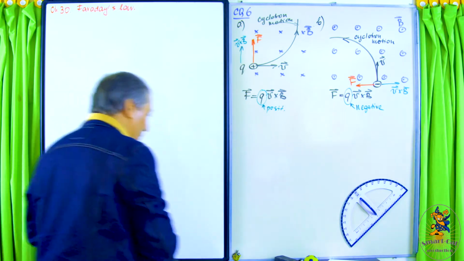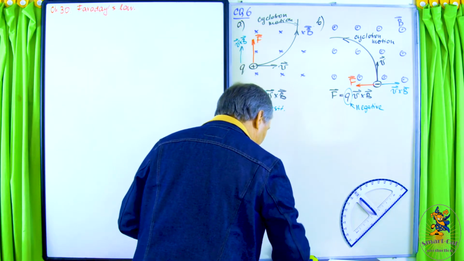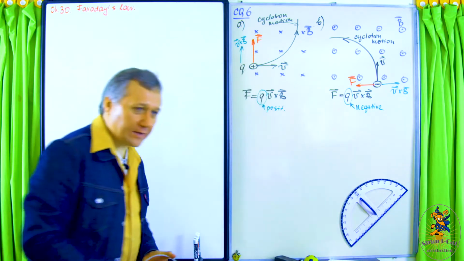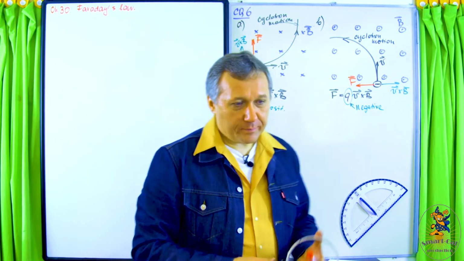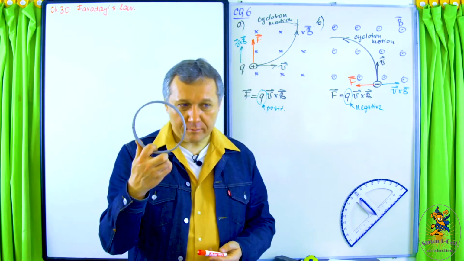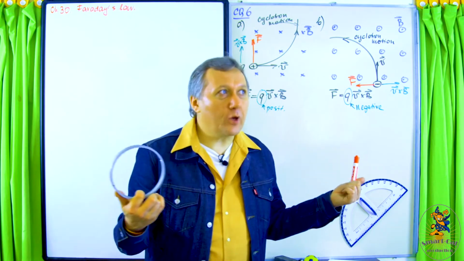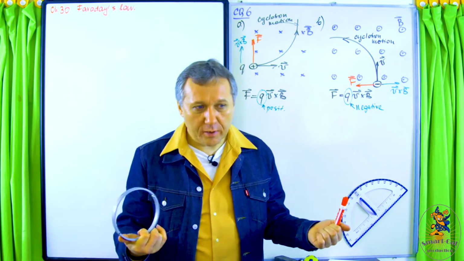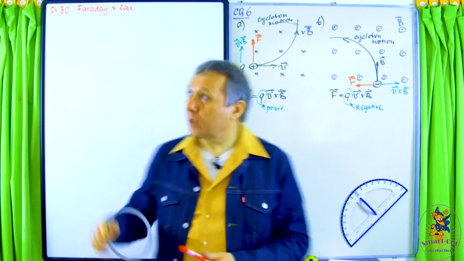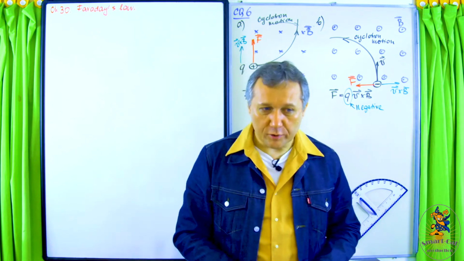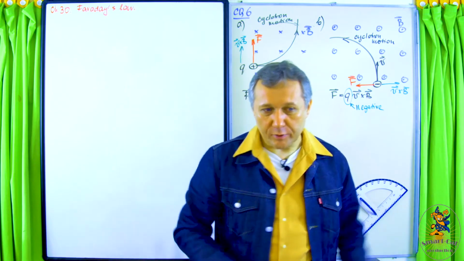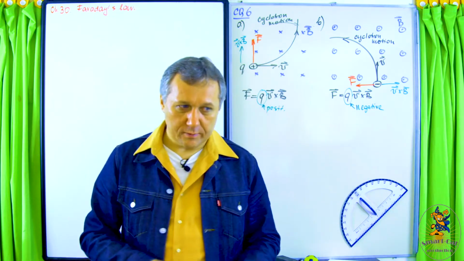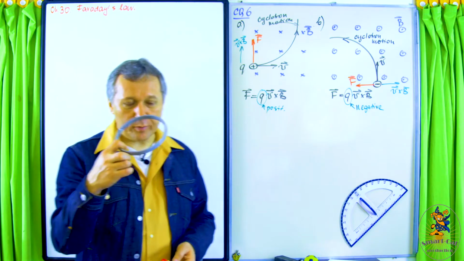All right. Okay, so let me first tell you what Faraday's law describes. It's basically a phenomenon which Faraday observed, and in order to describe that phenomenon, a new fundamental law was introduced because that phenomenon couldn't be explained by what people knew up to that point. So if you have a conducting loop